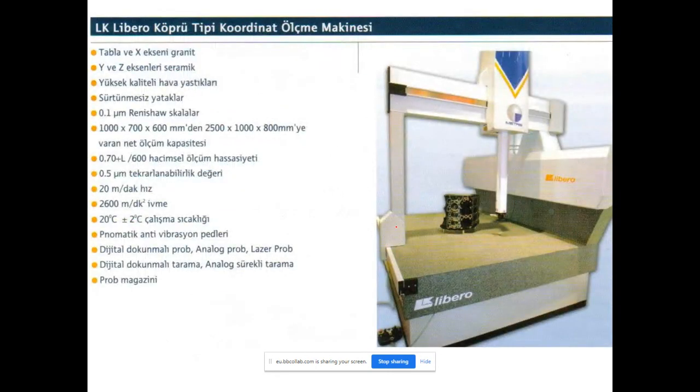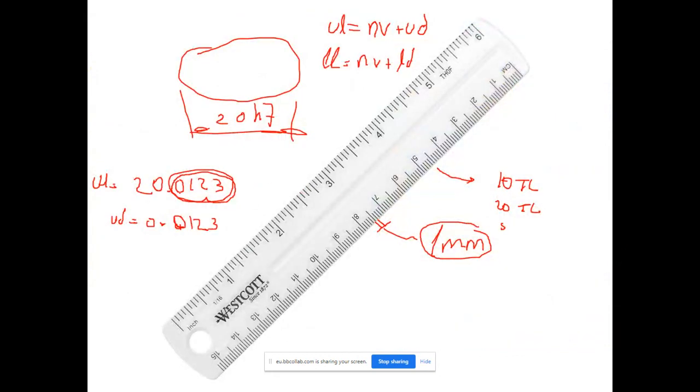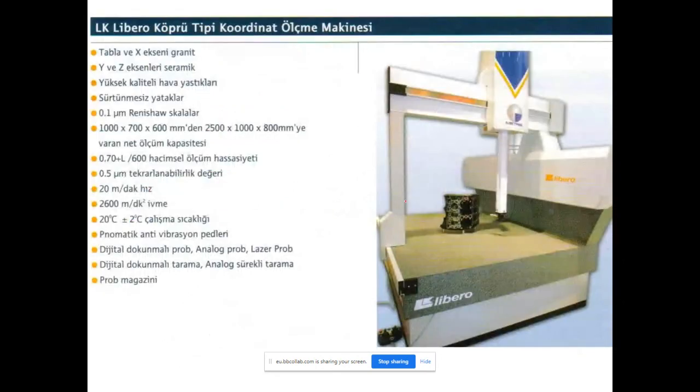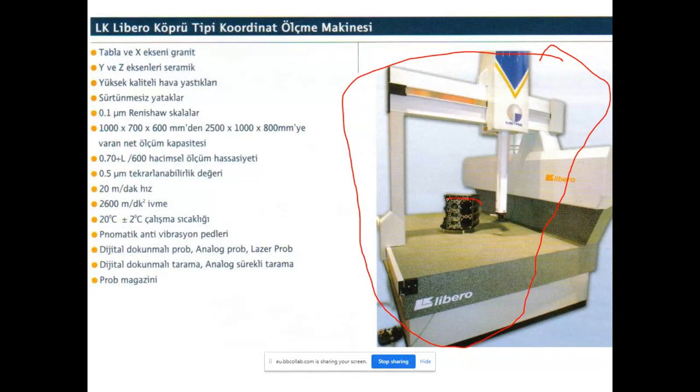But today in industry, to be able to check how many figures the decimal part has and what they are equal to, we use such an expensive measurement instrument. See the photograph, it is not a ruler actually, although by definition it's a measurement instrument, but it is a system. In this photograph, what we have is an object, an internal combustion engine block.